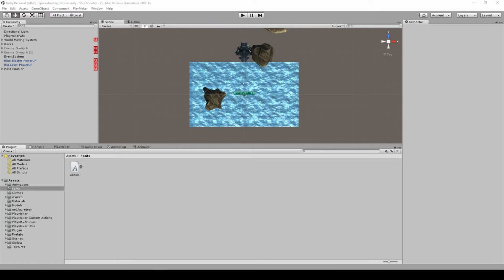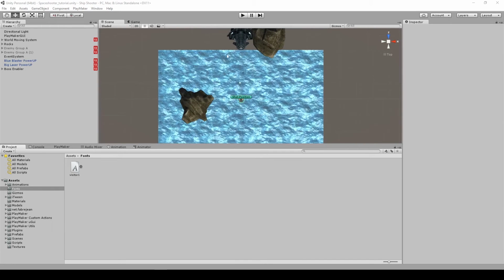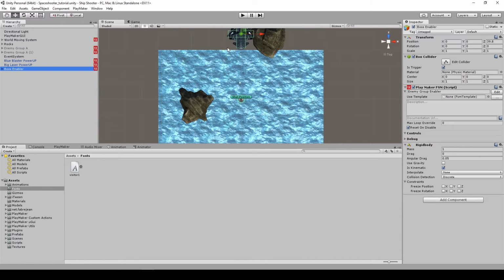And in this episode, I'm going to show you how to create a score system and also the boss enemy life bar, so we can see how much health or how much life the boss has remaining. Okay, so let's get to it. First, we are going to create a UI under the boss object here, so you can select the boss enabler here,